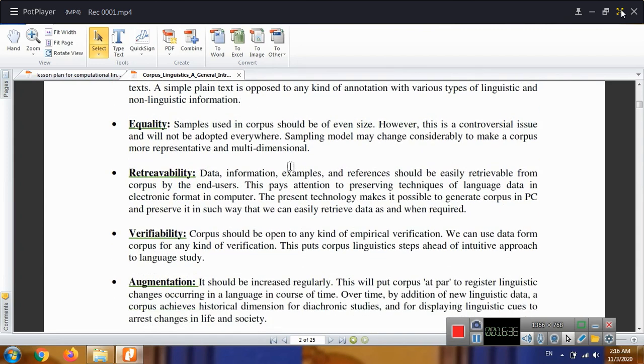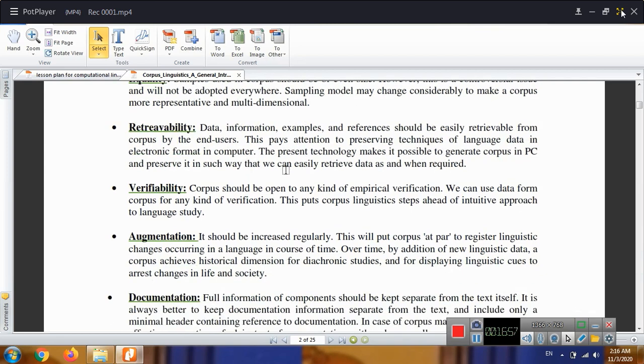About equality, samples used in corpus should be of even size. However, this is a controversial issue and will not be adopted everywhere. The sampling model may change, considering making a corpus more representative and multidimensional. Another feature is